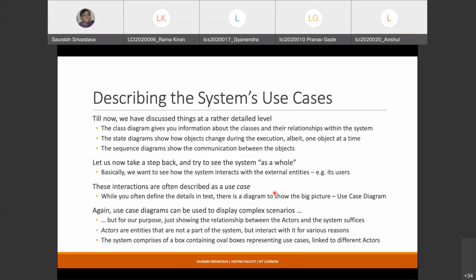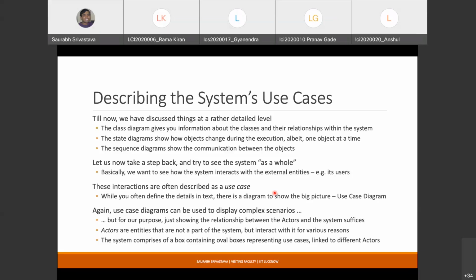There's another diagram which is used to show an even higher level of system design, and these are known as use case diagrams. Use cases are essentially whatever I have asked you to do till now for your projects. I have asked you to formalize all your requirements. A requirement is loosely interpreted as a use case. Okay, so if you elaborate your requirement in a good fashion, you can basically call it a use case.